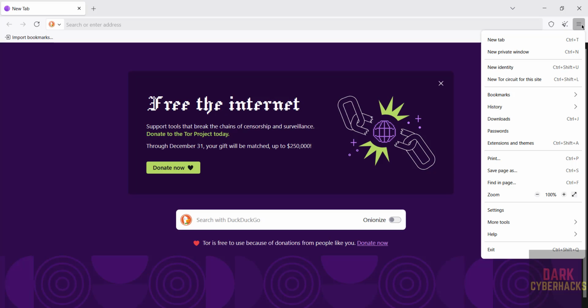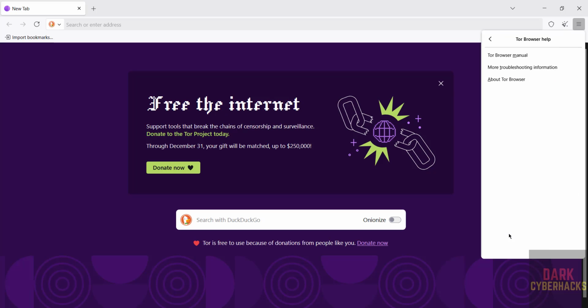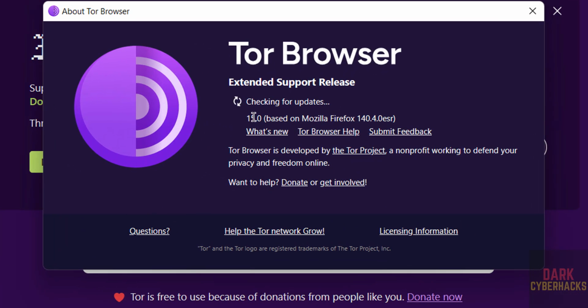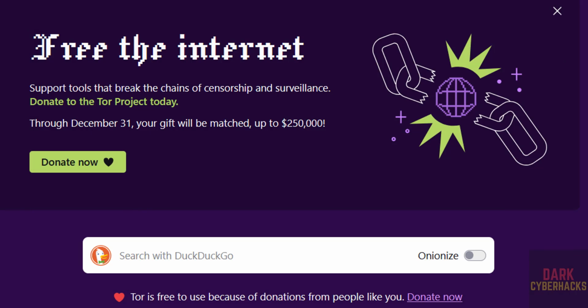Now verify the version. Go to these three horizontal bars, then help, then click on about Tor Browser. See here we have installed Tor Browser 15.0. See, this is based on Mozilla Firefox 140.4. Okay, so in this video we have seen how to install Tor Browser latest version, that is 15.0 on Windows